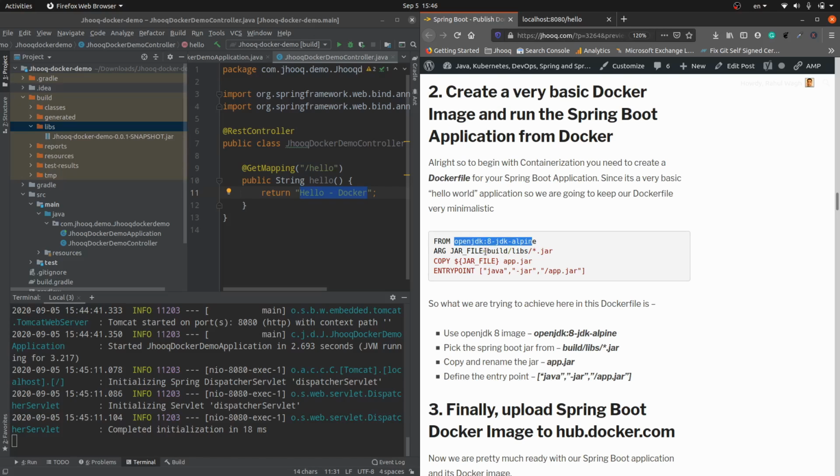Second, we are looking for the build/libs directory. So that means this build and this libs directory, and inside it we are looking for the jar file. So that means this jar file. Here we have put a star, which means any jar file inside the libs directory will be picked up. And after picking that particular jar file, we are going to copy it into our Docker container with the name app.jar. So this jar file will be renamed. This long Docker demo snapshot jar will be renamed to app.jar, and this is the